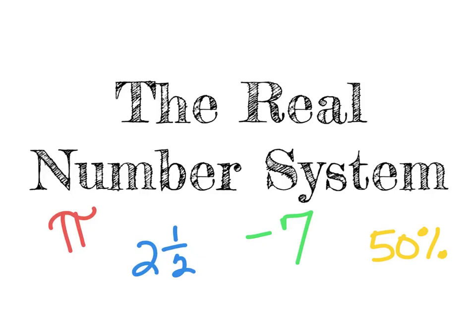In this video, we will review the real number system, all of the different types of numbers within the system, and the relationship between those numbers. We will be using a visual representation, also known here as a Venn diagram, to show the relationship between sets